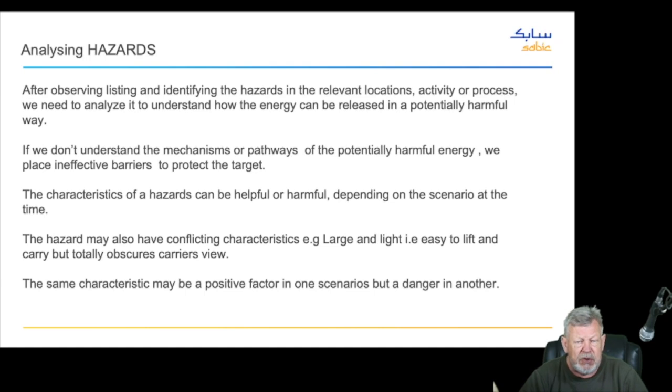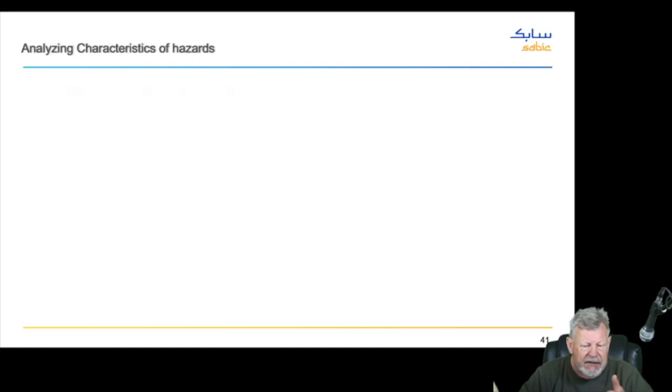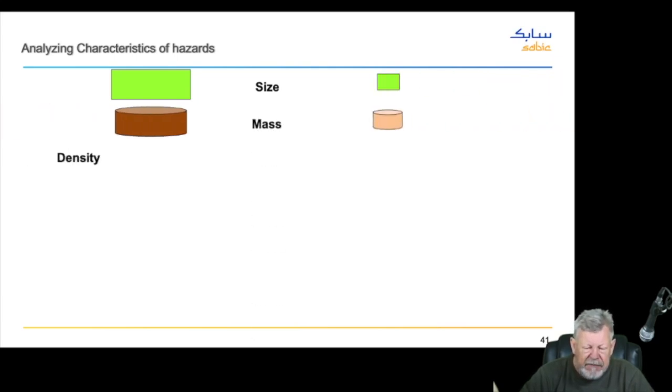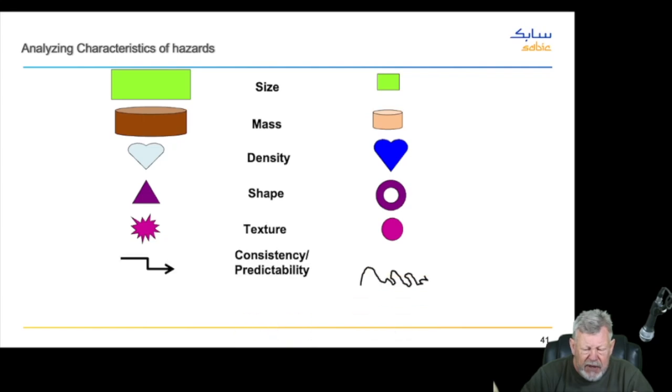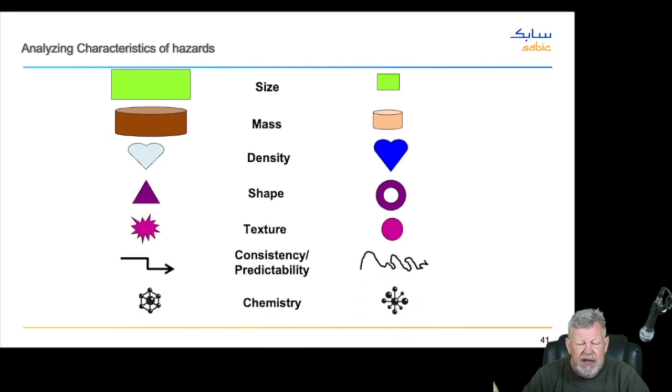Trying to get people to think systematically, not just, well, firstly, we're trying to get them to see things. And then we need to get them to think about the things that they see. So here we say, is something large or is it small? Is it heavy or is it light? What is the density? Is it lighter than air, lighter than water, heavier than water or air? And we go through this whole exercise. And then we discuss that